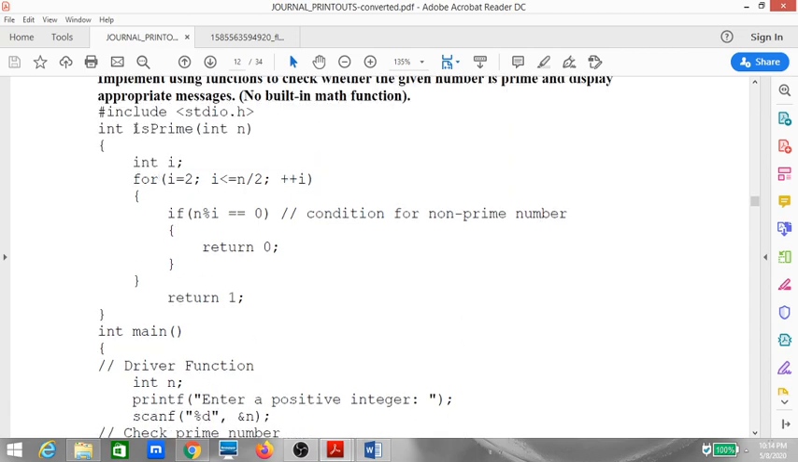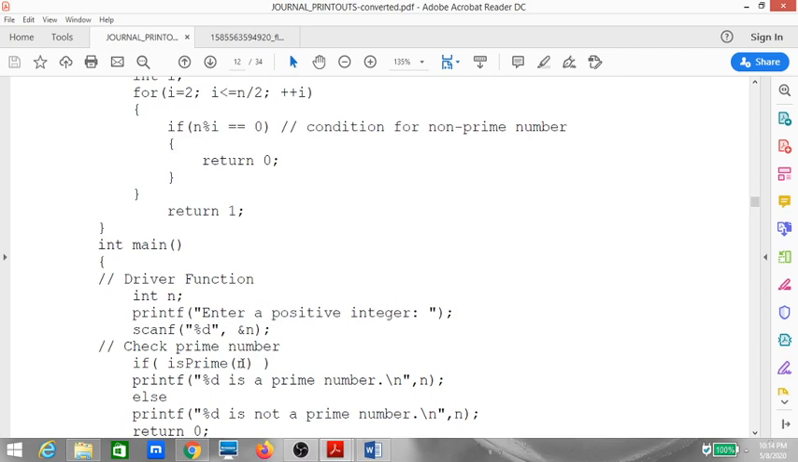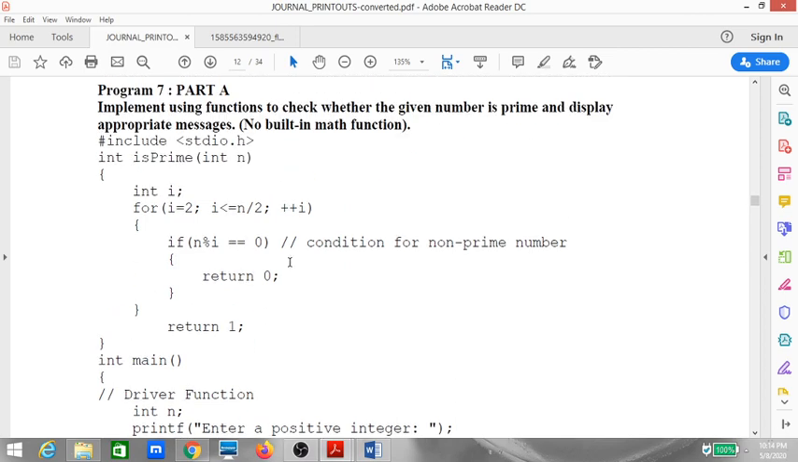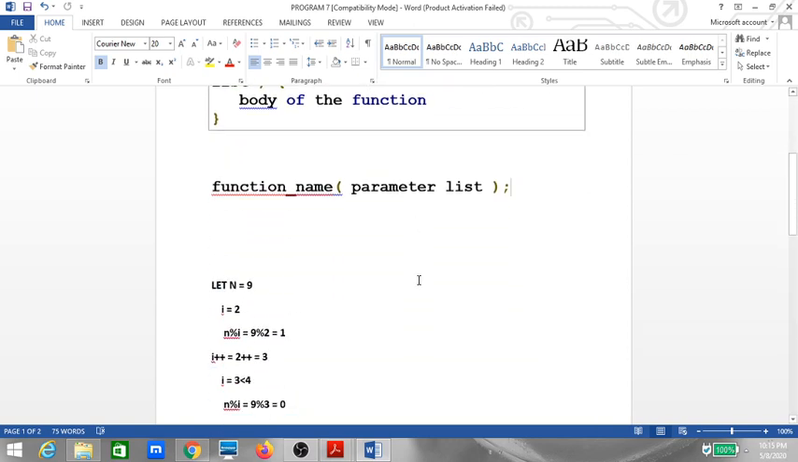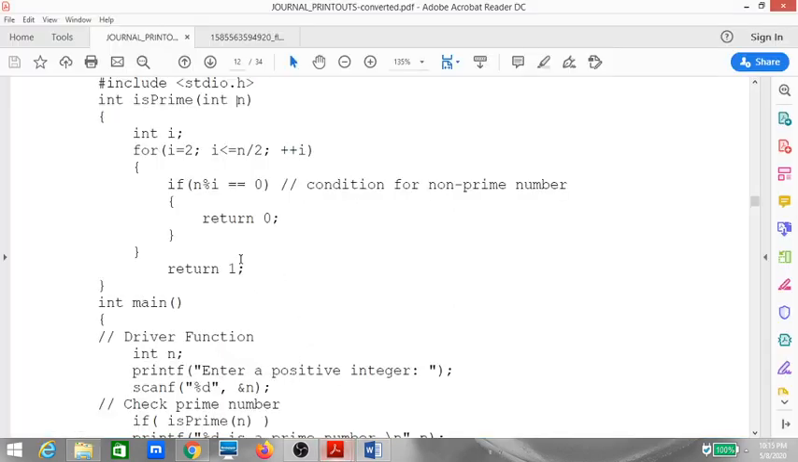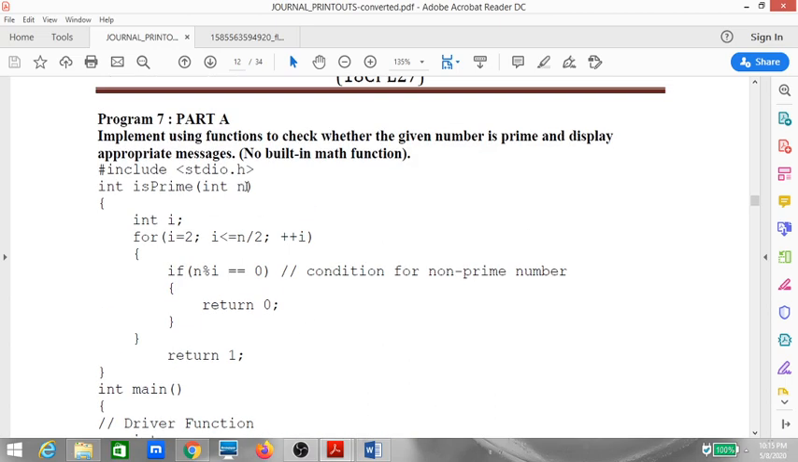The body of this function is here, where I'll be accepting the value in the variable n. So my actual parameter is n and my formal parameter is also n. Whatever value I send here, the same data will be accepted here. I have taken one example, with n value 9. So this n value 9 which I have accepted here, the same n value 9 will be sent here,